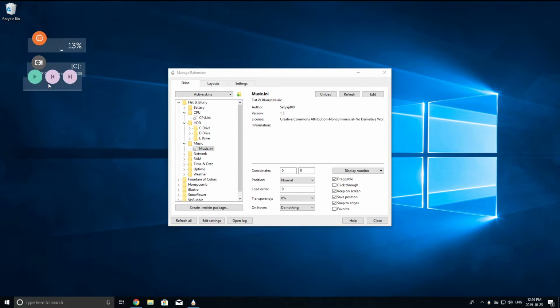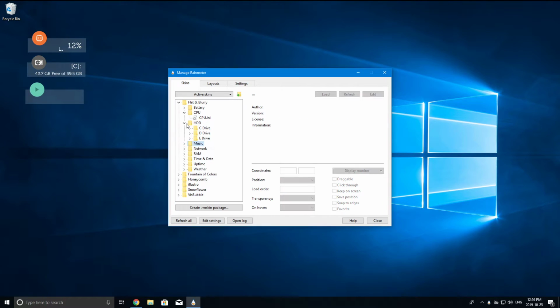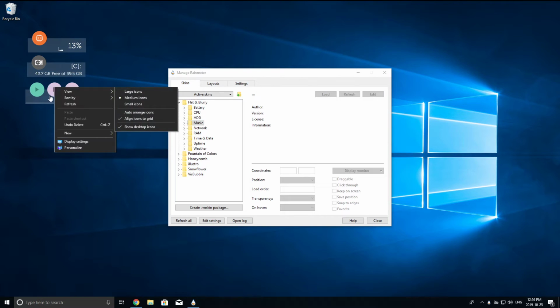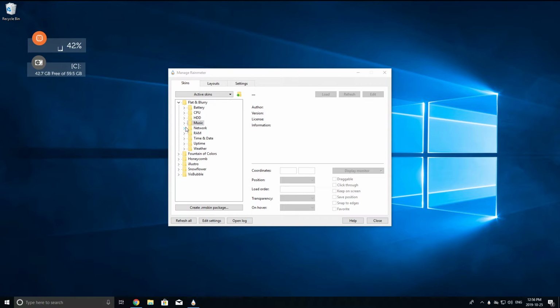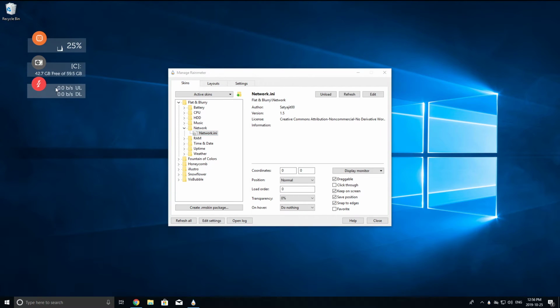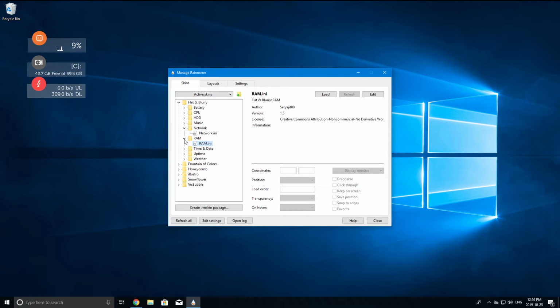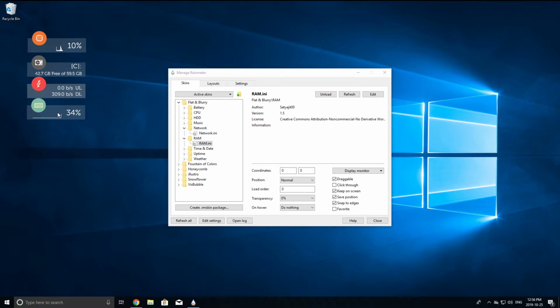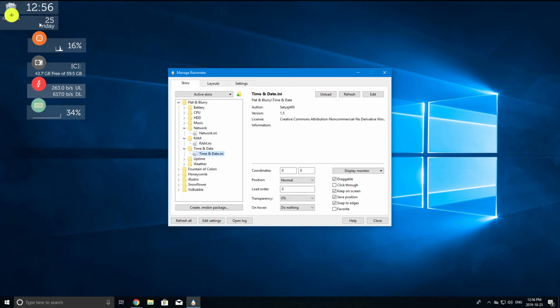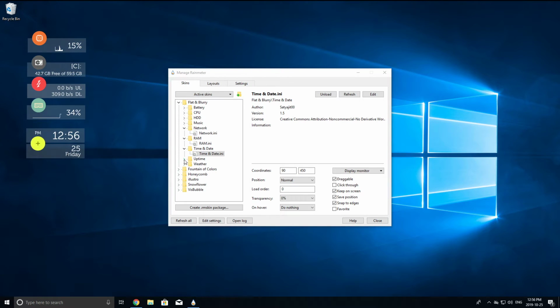maybe we want to show the music playing, but this only works with things like Spotify and not YouTube. So I'm going to unload that because I always use YouTube to play my music. Network stats, RAM, the date and time even, uptime of your computer,